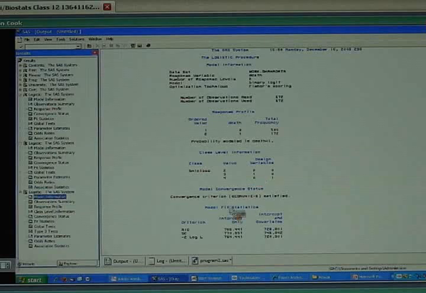And what it's going to do is include both of those indicator variables in your model, as I'll show you in a second. Then it tells you something about the fit of the model. The -2 log L for the intercept-only model is 764. It goes down to 720 now when I fit the model with indicator variables for body mass